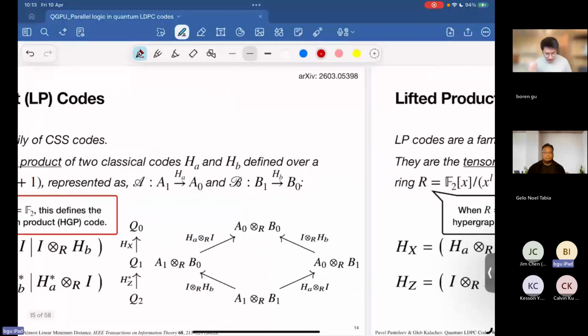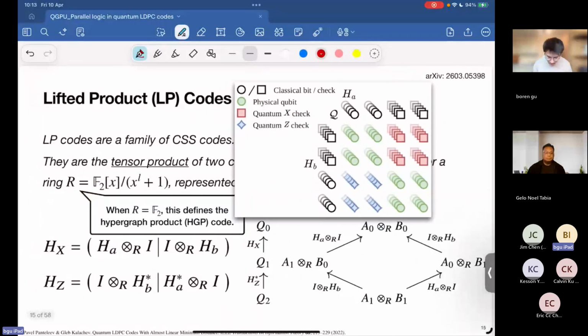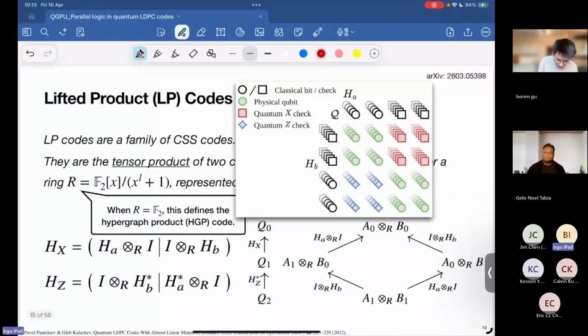What is important to note is that, as you may be aware, all our matrices, HA and HB, and also this identity matrix, are defined over this ring. So you may ask the question, because we are familiar with binary parity check matrices,